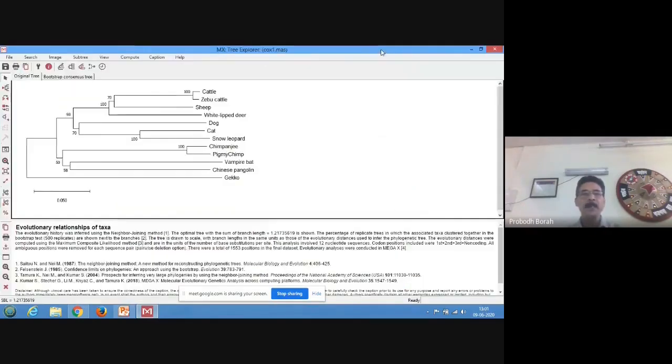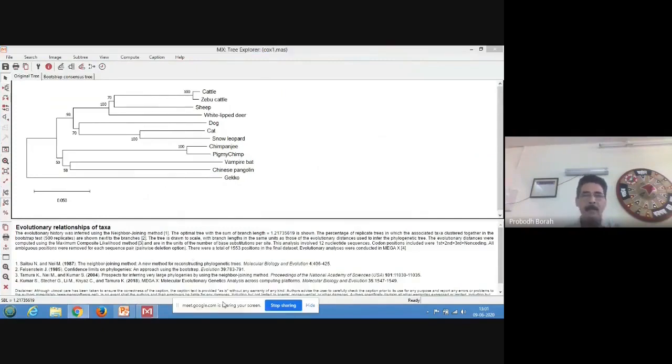Now you see this is the phylogenetic analysis done based on our aligned data by using the neighbor joining method. Usually bootstrap scores in most of the places are more than 70. Only these two are 50 and 58, but others are either 100, 98 or 70. So these are good bootstrap scores. That means reliability is very high.